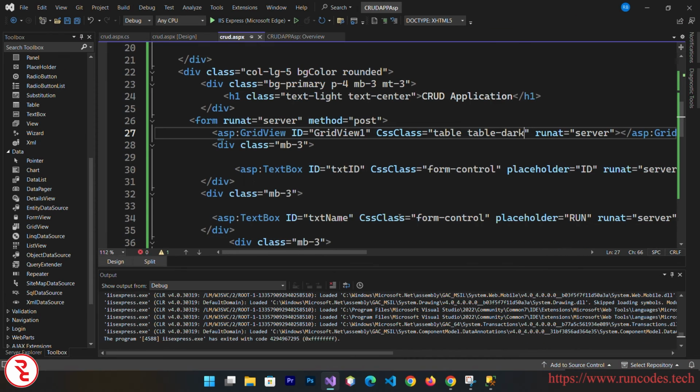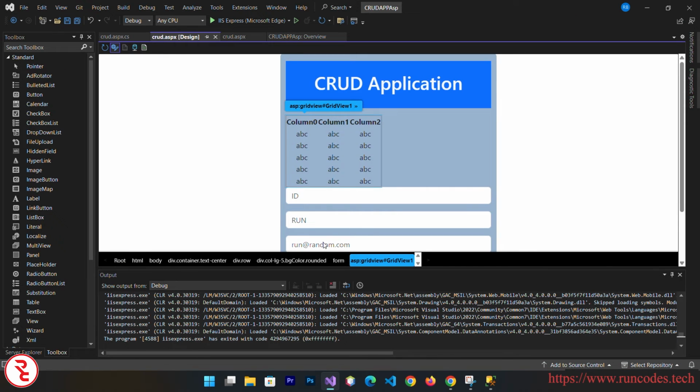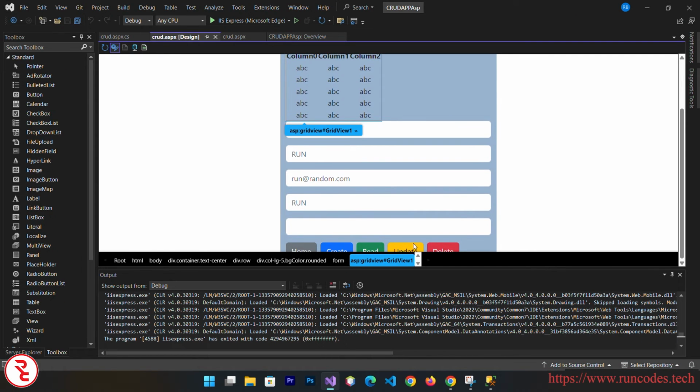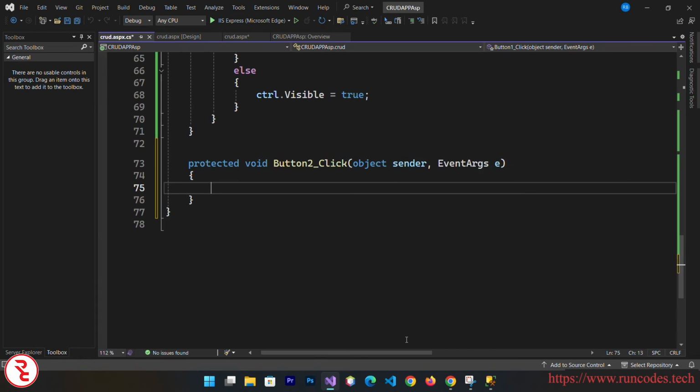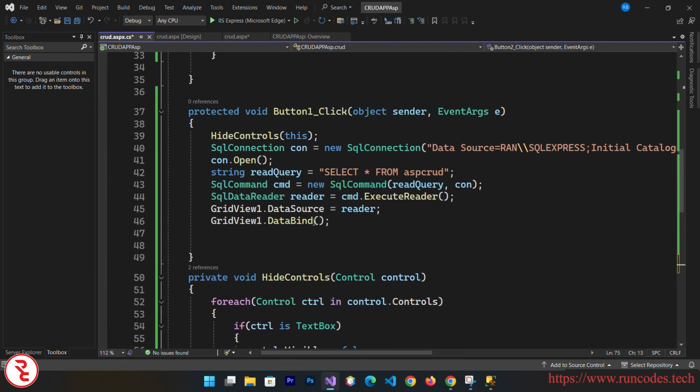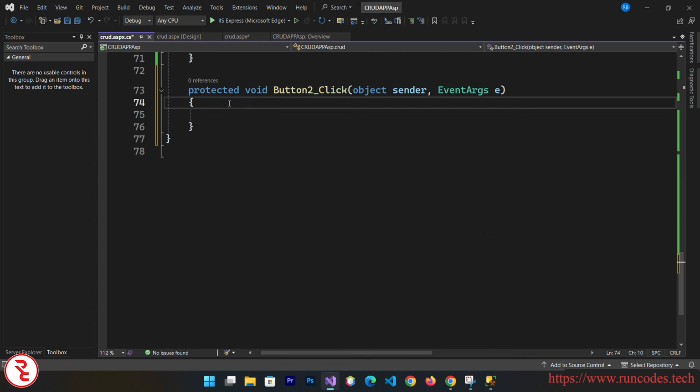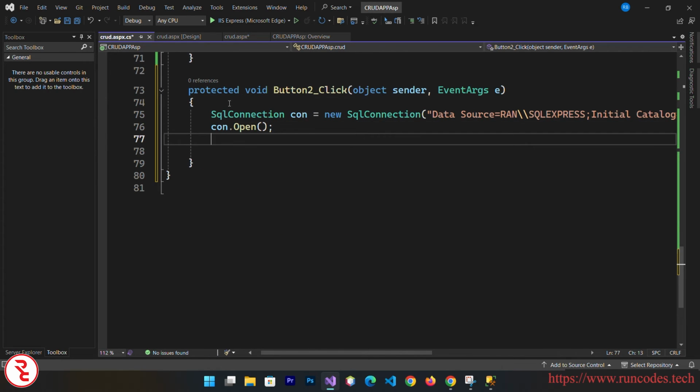So close that and go to design and click that update button. Double click that, it will create the listening event. Now here the process is same, so simply copy that connection string, and here we need a query. Update query is equal to update, and our table name, that is ASPCRUD, and then set,